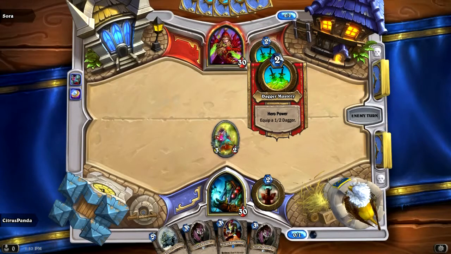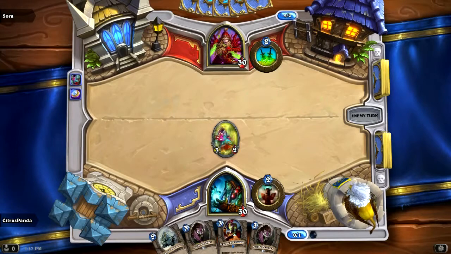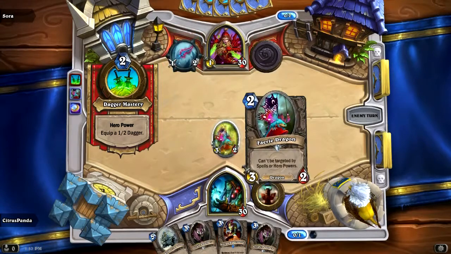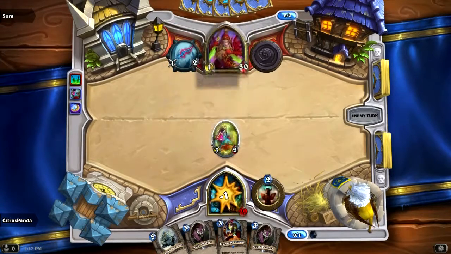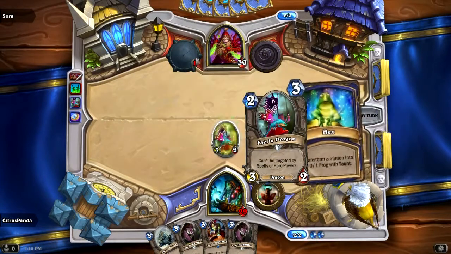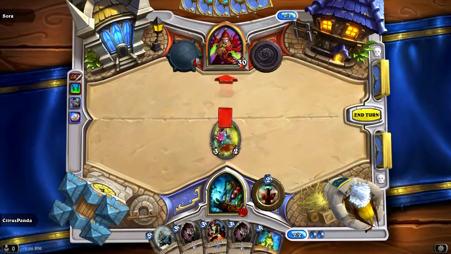Well, does that count, though? Because that hero power gives him a dagger, which is a weapon. So, I don't know. I don't think he can. This is probably a better card against something like mage. Alright, he's going to stray from me. That was a weird play. I didn't expect him to do that, but...